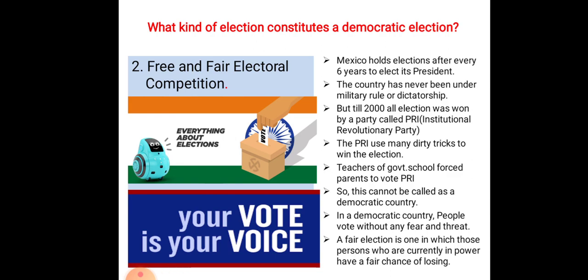When we are electing the leaders, the election should be free and fair. When we talk about election, there should not be any kind of pressure or force working on us. Let us take the example of Mexico. Since its independence, in 1930, it holds an election every 6 years to elect their president. We can think that they have a true democracy